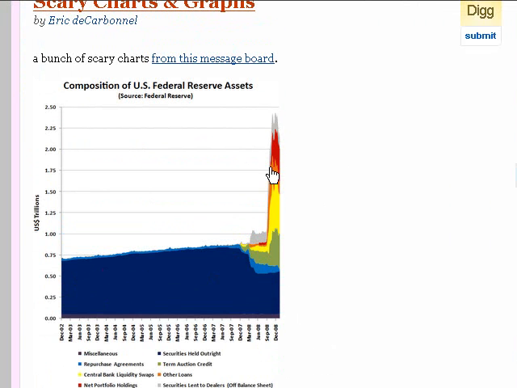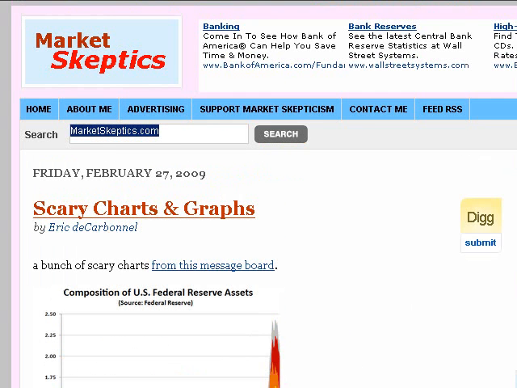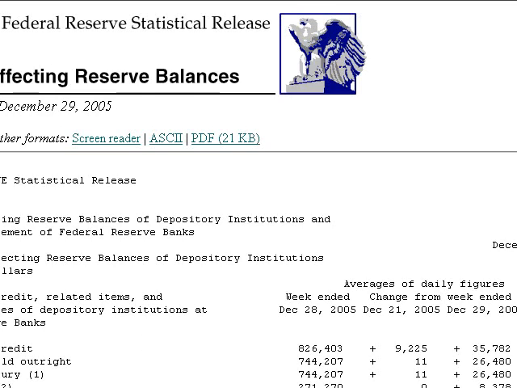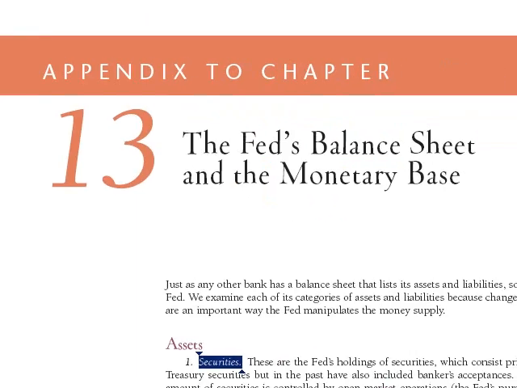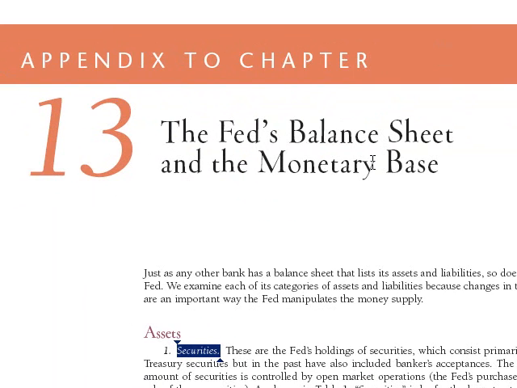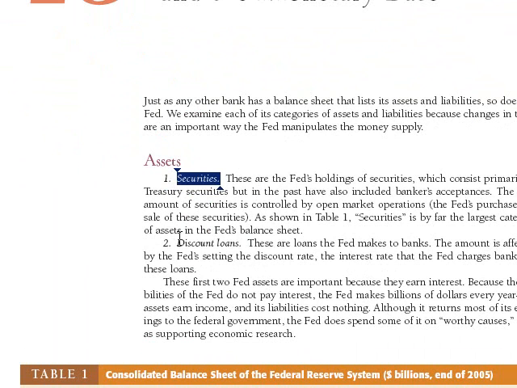This balance sheet lately has started to look like a horror story, and I'm not going to go into all these programs in this particular video. I am just going to explain what the Fed's balance sheet looked like in December 2005, before the whole financial crisis started. The reason I chose December 2005 is because I'm going to link a great PDF I found that explains the Federal Reserve's balance sheet at December 2005, explains what all the different entries are,